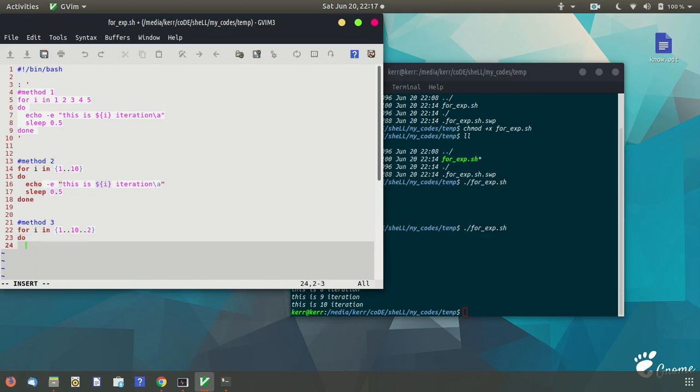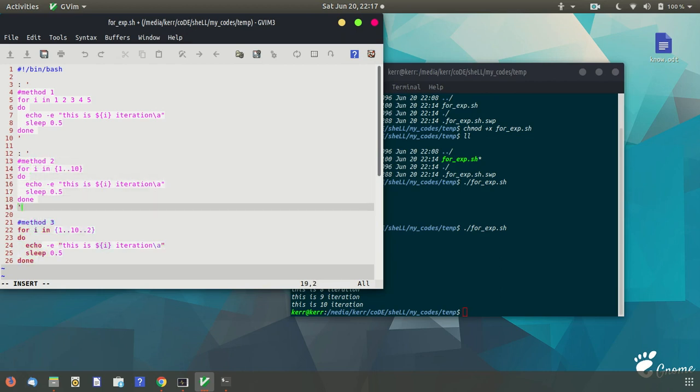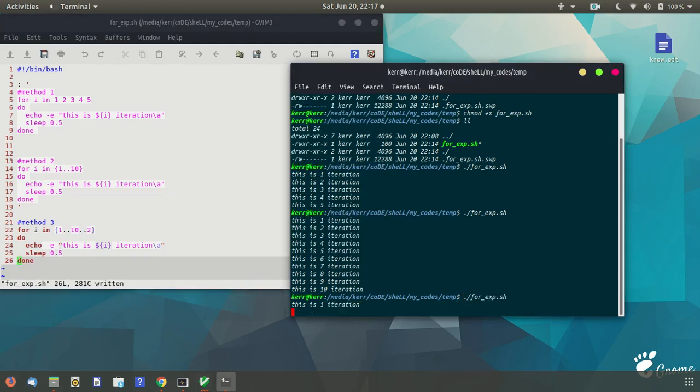Okay, so here we go. I just want to run the method 3 option, so I'm commenting out the rest of the code. Or else I can comment out the first two methods and run the third. So let's run this code.